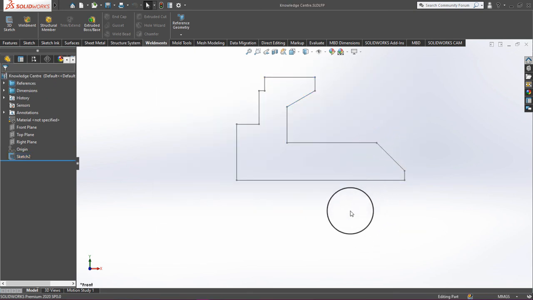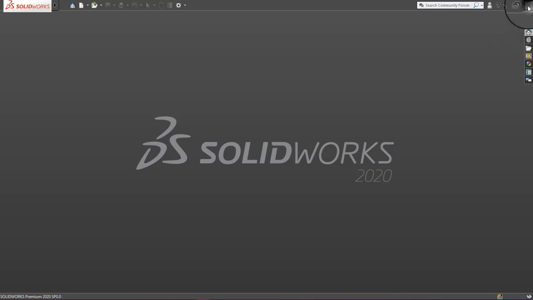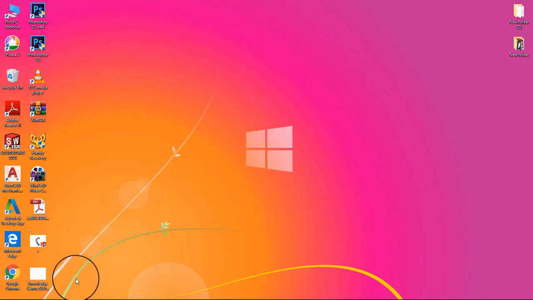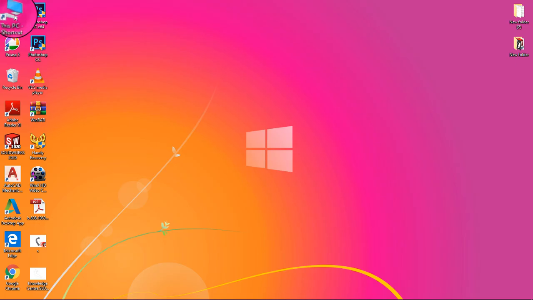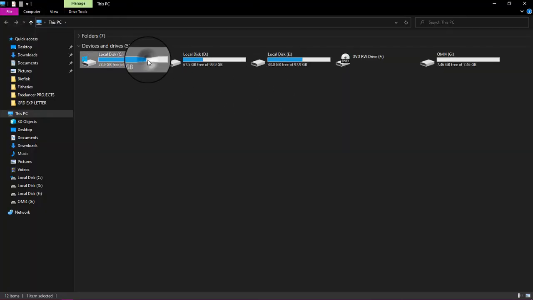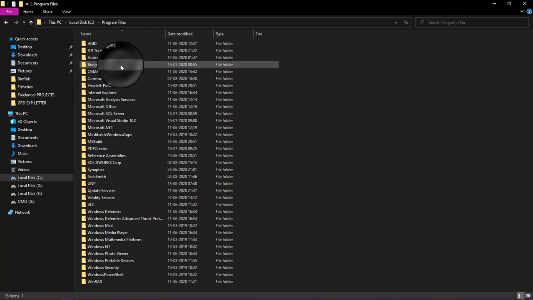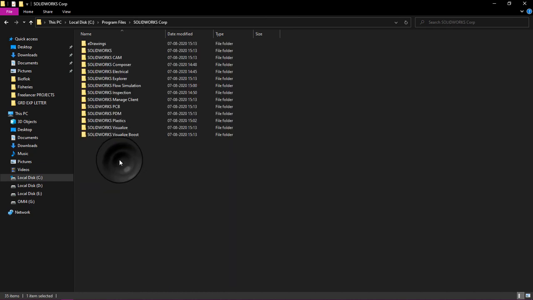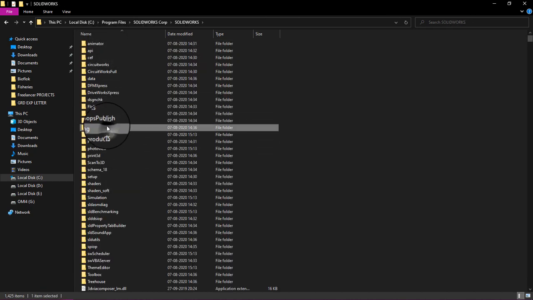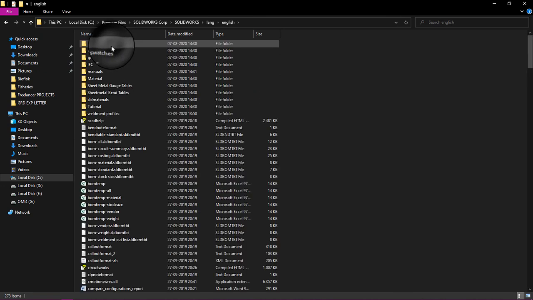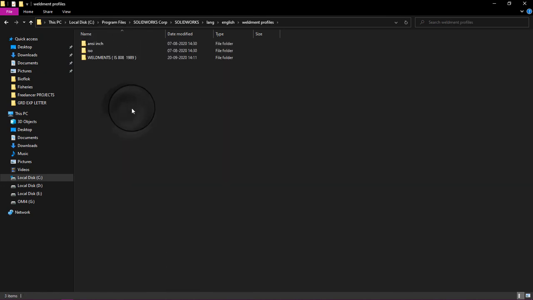Close it, close SolidWorks, and select this file and click on copy. Go to my PC, click on C drive, program files, click on SolidWorks Corp, then click on SolidWorks, then click on Lang, click on English and weldment profiles, and just paste it anywhere.